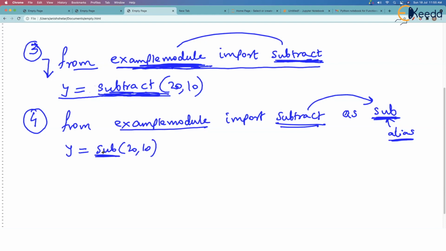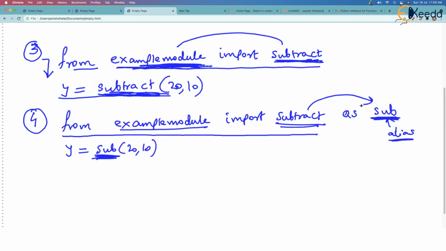And you know, whenever you import the function using from module name import function, then you simply call the function. You should not write dot and the module name. So simply use the alias now. But this was obvious, isn't it? This has to be there as a grammar.